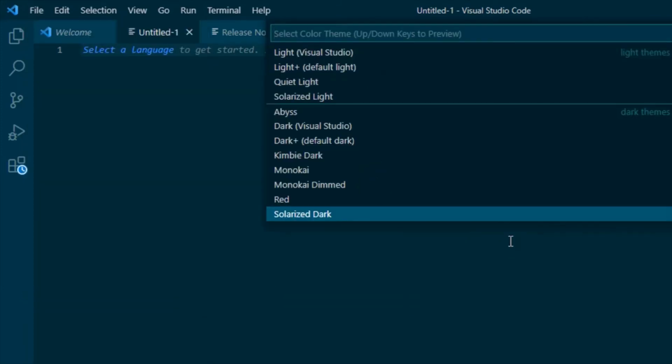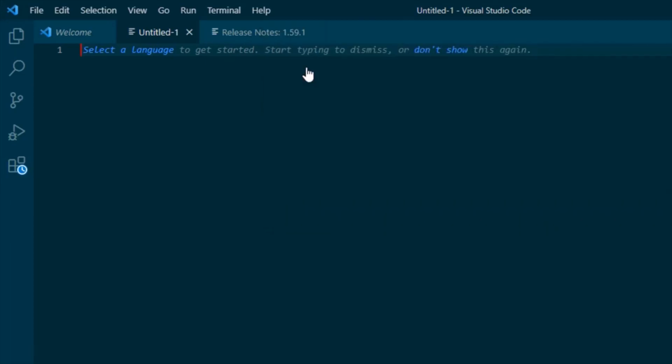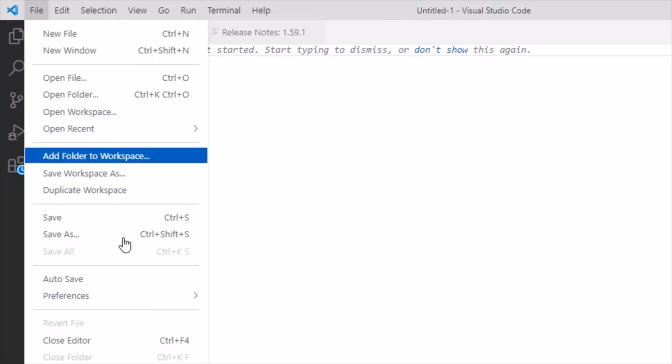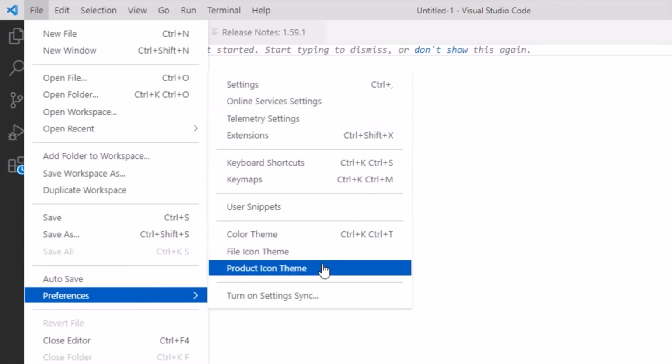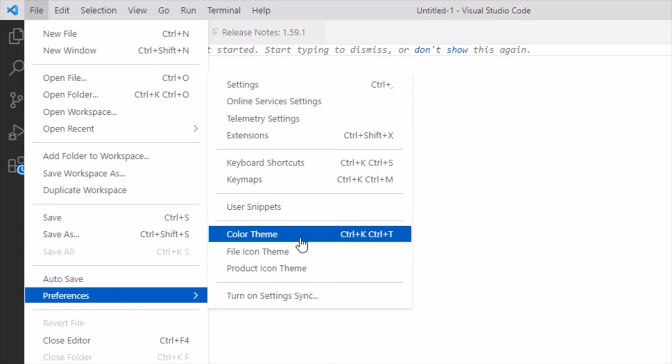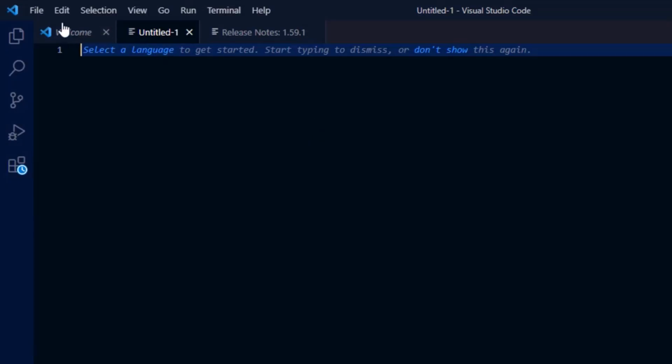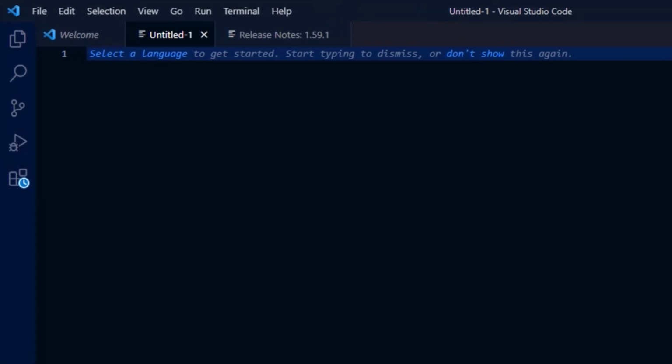You click on color theme, and see, by default it is solarized dark. If I want a different theme, I can click on that, and automatically it will get that color. See, this is automatically white. Now if you want to change it again, you can change it from the same color theme and choose a different theme. There's also a shortcut, you can change from the shortcut. So again, a different theme is there. Whatever you like, you can use it. Isn't it a great editor for any type of language? You need not any compiler or interpreter for it. You have to type the program, you have to save which type you